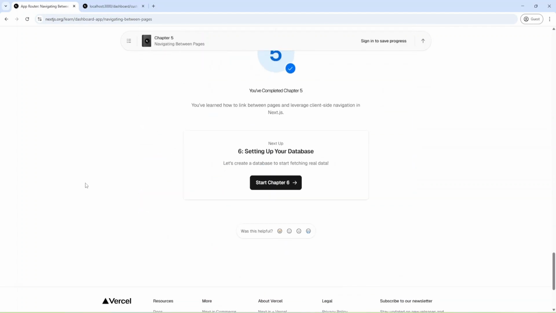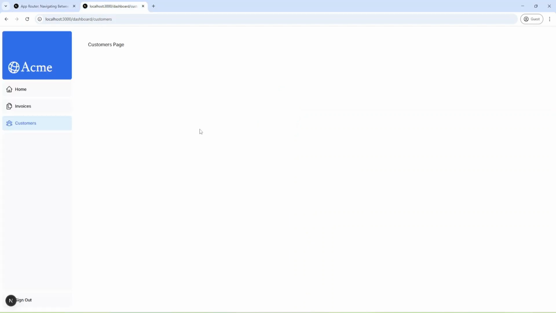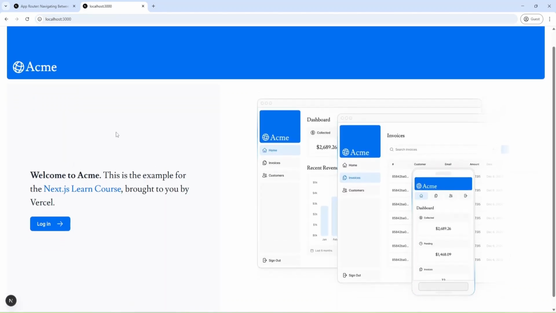And let's see. Okay, and we've completed the first part of our application, and it was for mostly UI part. And let's check the whole application. I can go to dashboard home, dashboard invoices, dashboard customers, and can go to my main page.